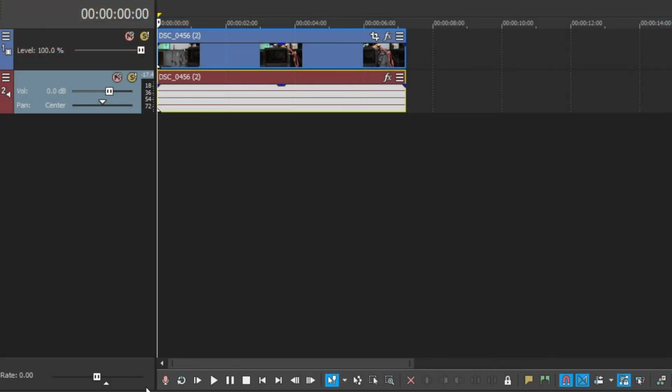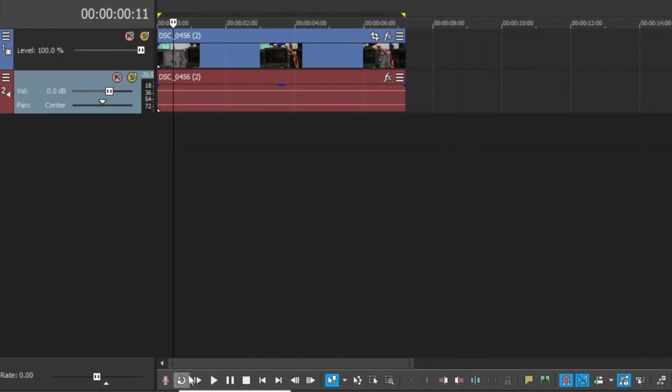Now, let's look over here to the bottom of the timeline. This is your basic toolbar that contains all the relevant tools that you will use when editing. The first one that looks like a microphone is a general record button. This is exclusively for sound recordings. It will automatically select your default microphone and record with that.